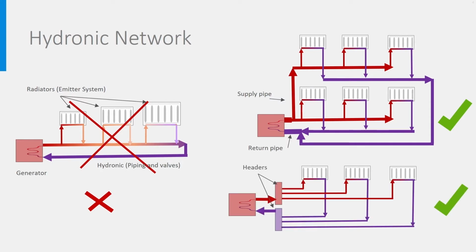This last configuration is very similar and is often used in combination with flexible pipes like in floor heating. There are then 2 headers. The red one is a distributor, the purple one is a collector. Finally, just like there is a fan in an air handling unit to push the air through the building and to compensate for pressure drop in ducts, we need pumps in the water system to push the water through, overcoming pressure drop and height differences, especially when the generator is placed in the basement. Generally, the pump is placed at the return side.